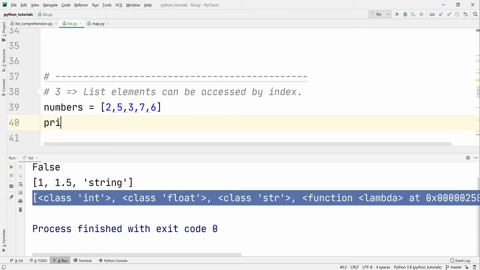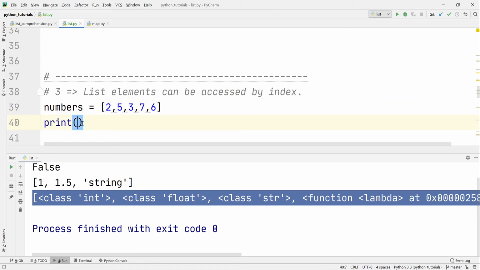How will we do that? First of all, we need to see how the numbers are stored in the list. The numbers are stored from index 0 onwards. So the first element is stored on index 0, the second element is stored on index 1, the third element on index 2, and so on. So the indexing starts from 0 in a list.